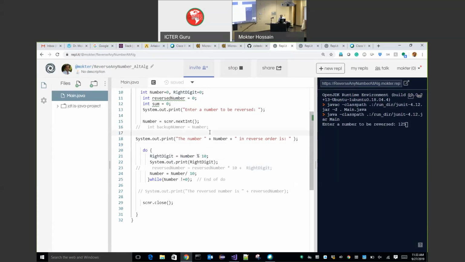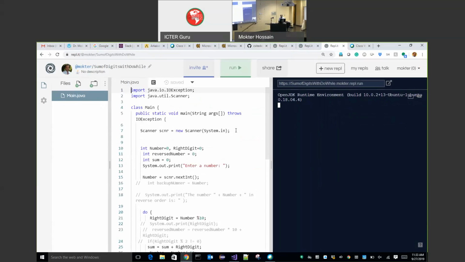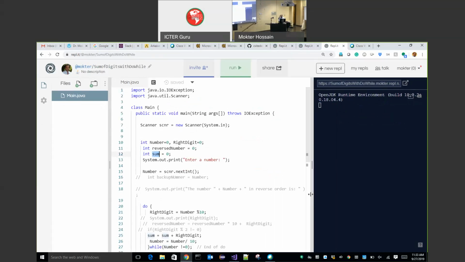Yes. So we need another variable like sum. Remember that when you want to use a variable for keeping a summation result, we should assign it as 0.